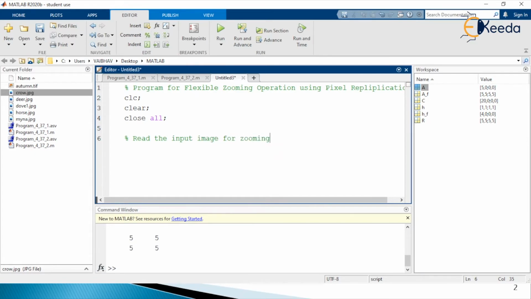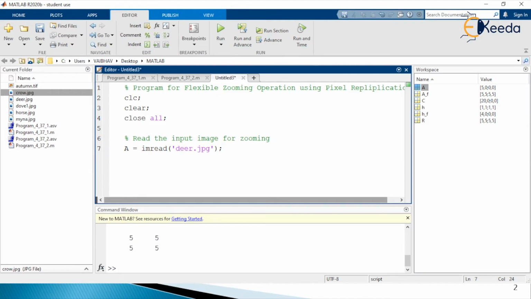As usual, I will take capital A as a variable, and with the help of the imread syntax, I am assigning the image from the current folder. From the current folder, I will be selecting deer.jpg as the input image here. I will end the MATLAB syntax with the help of a semicolon here,